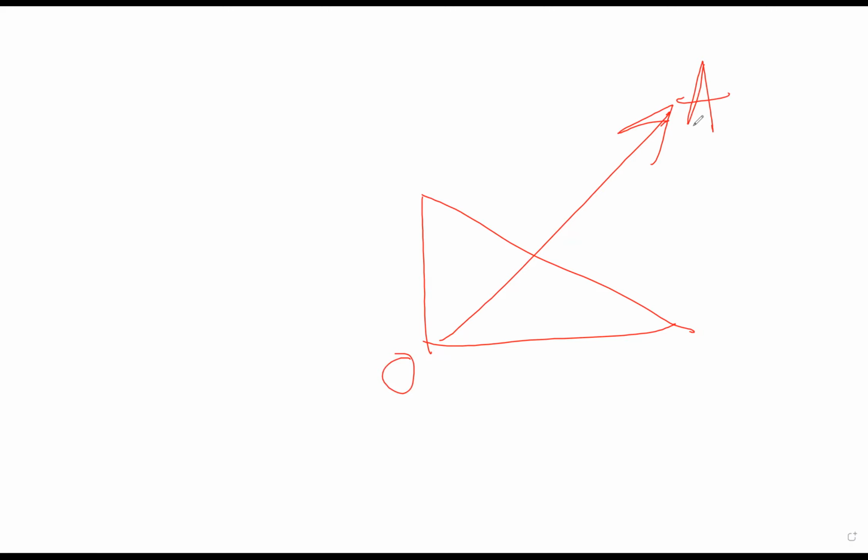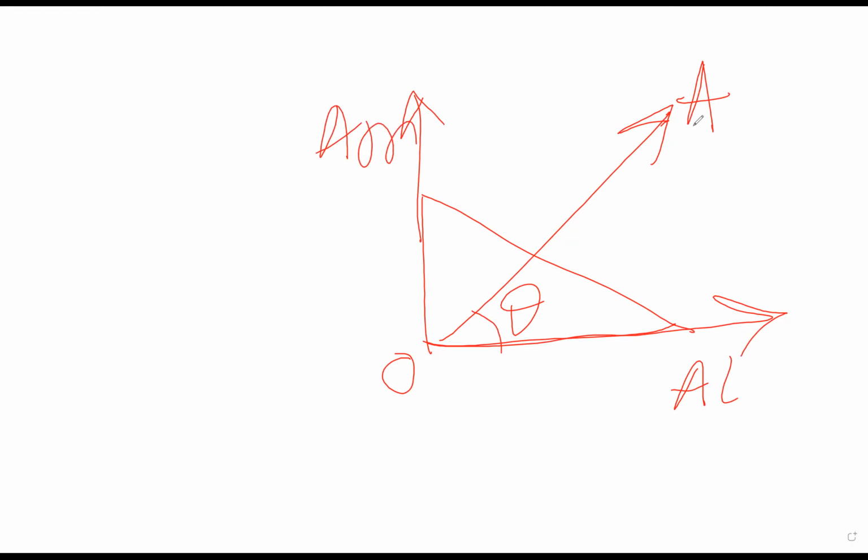If the area of that oblique plane is A, then what is the area in that direction and in that direction? This angle is theta. So this is AL, and this is AM. Because L is the direction cosine between x and x dash, and M is the direction cosine between x dash and y. So the areas on the perpendicular planes will be AL and AM.